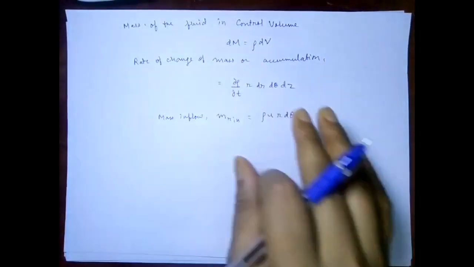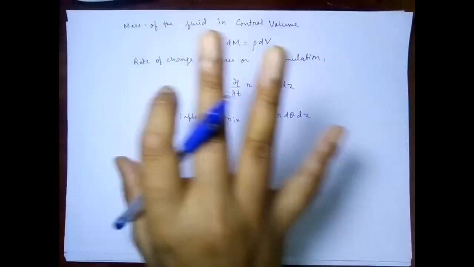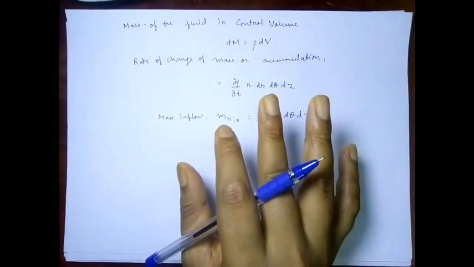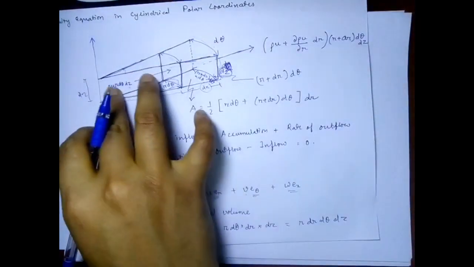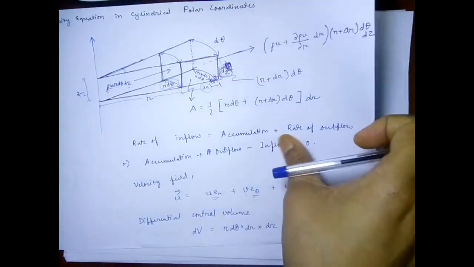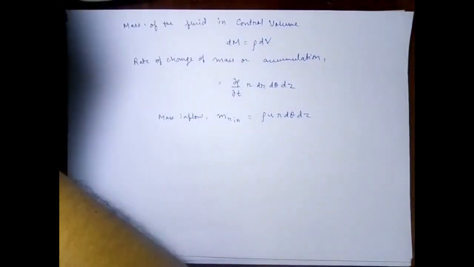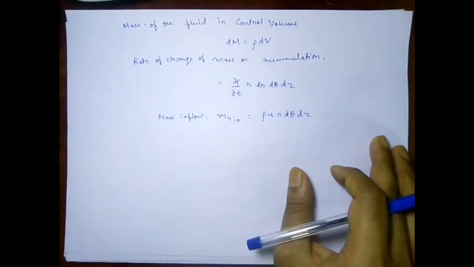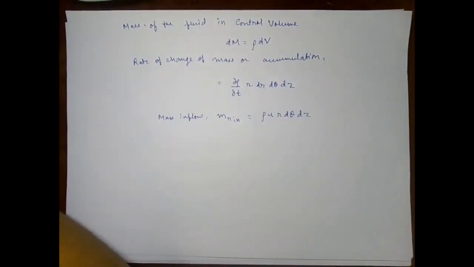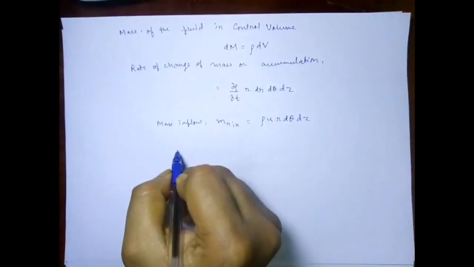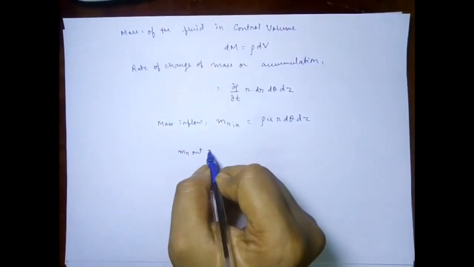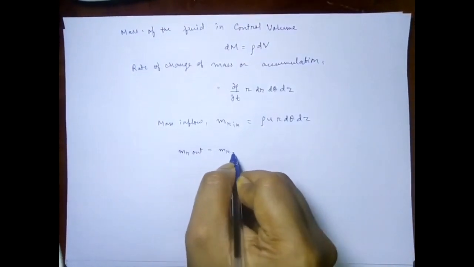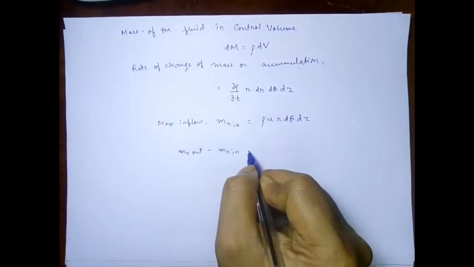Because for the net flow through the control volume we deal with it one phase at a time, and starting with the r phase we have defined it somewhat like this. While the outflow in the r direction, now to get the outflow in the r direction we can write mr out minus mr in, and that is equal to